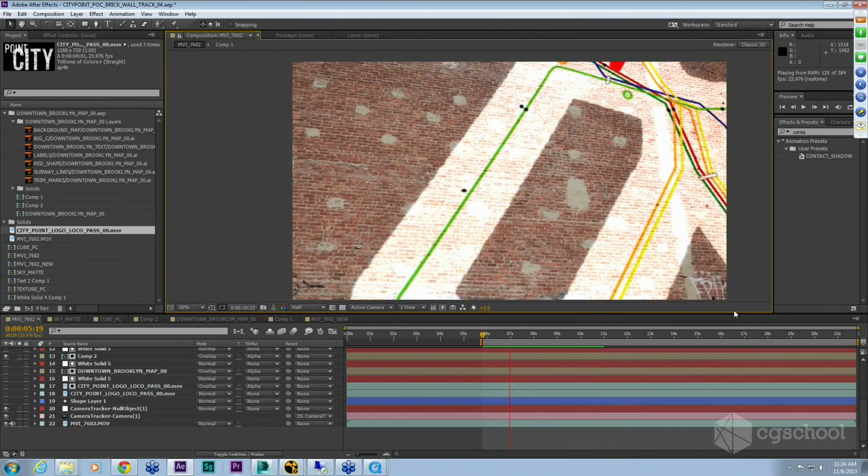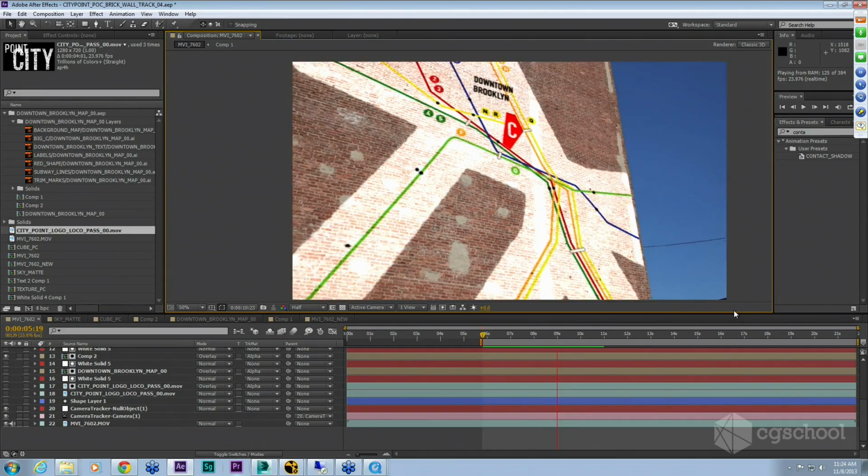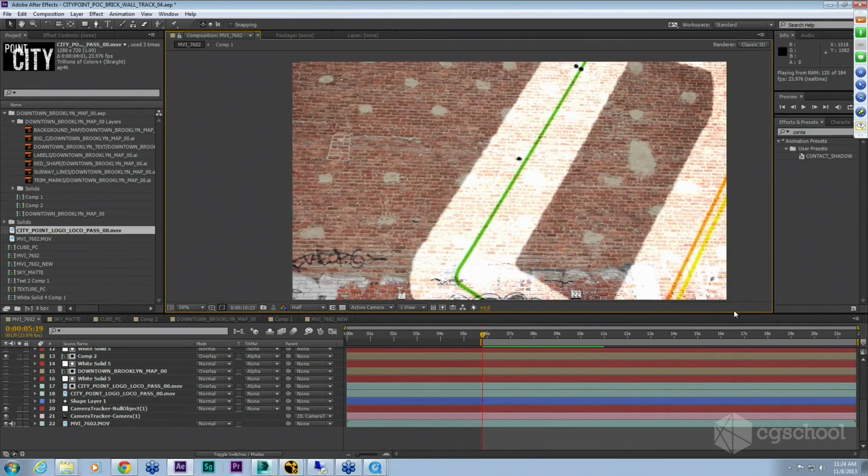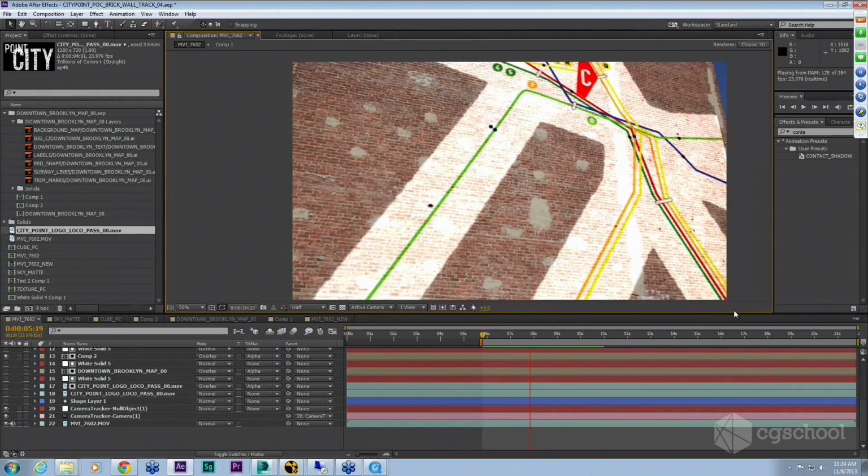Oh, and then apparently a garbage truck hit something. So